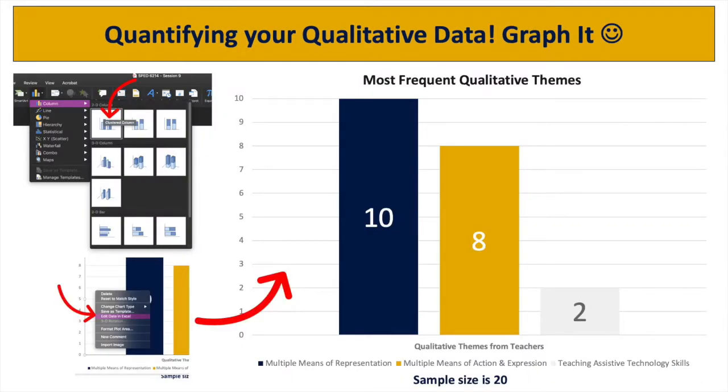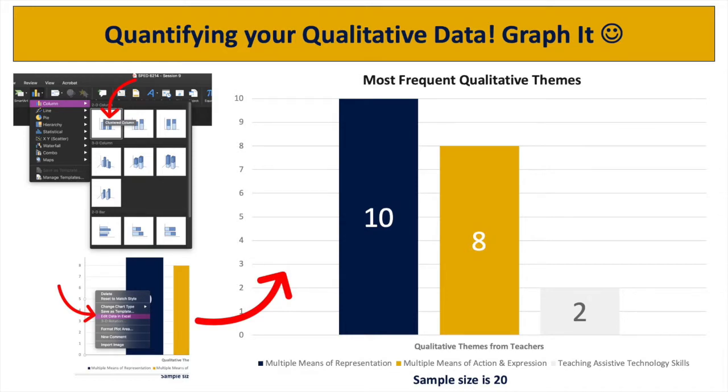So a great way to visualize our quantified qualitative results is to graph them. We know from our quantitative module during this course, we learned how to make graphs, bar charts and line graphs. In this case, a bar chart or a histogram are the best way for us to do this. So maybe we're in Microsoft Word, and we've pulled out our qualitative data, we could create a chart directly in that Word document. And we would go to our